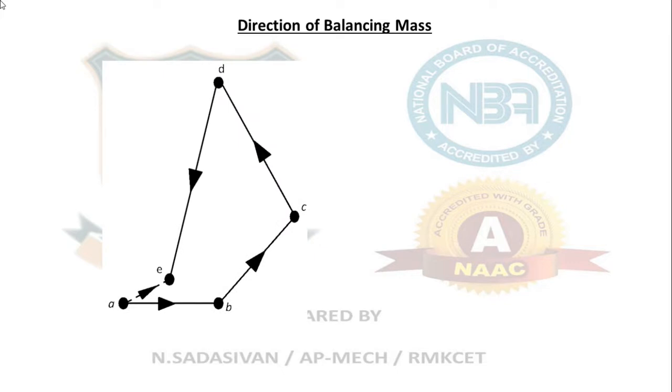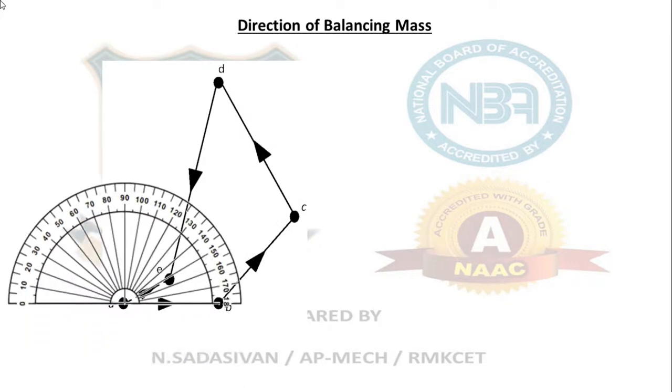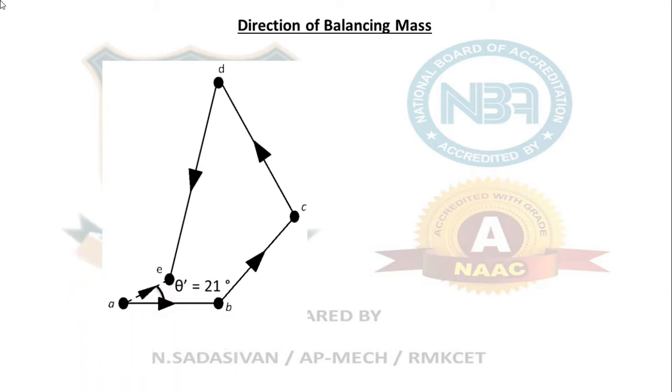Take the same diagram, put your protractor here and measure the angle carefully. So the angle comes around 21 degree. If you measure carefully, it comes around 21 degree. Now what is the direction? 21 degree is the resultant force direction. Now you have to add 180 degree to that for the balancing mass to put it diametrically opposite, so that whatever is the resultant force, an opposing force is created and it is balanced out. So that is my aim. I found out the location of the resultant. I am going to cancel it out with the balancing mass in the opposite sense.